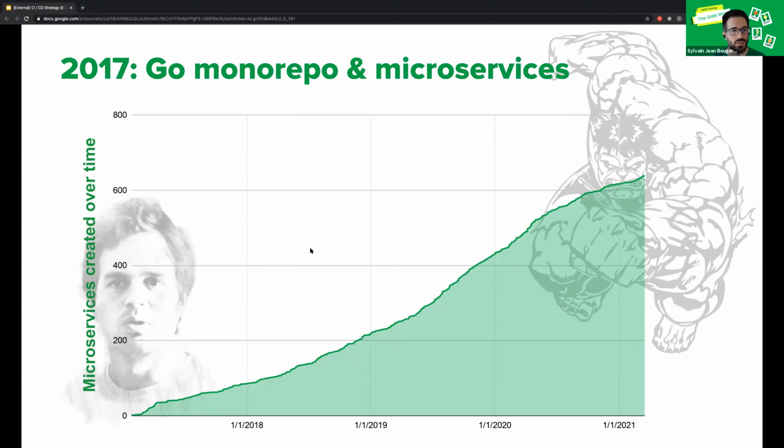They decided to start a monorepository using the Go language, and kickstarted a spur of creation of microservices. So what you see here on your screen is a graph over time of all of the microservices that have been created from that repository only. There is, to this day, I think around 600 of them. But as you can see, it increased really linearly over time and really quickly, right?